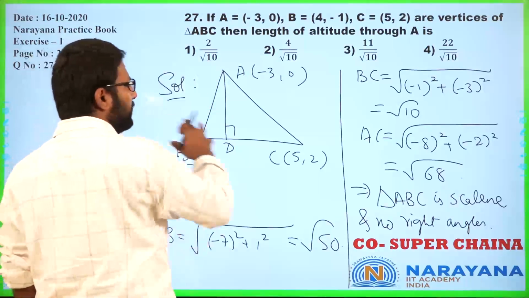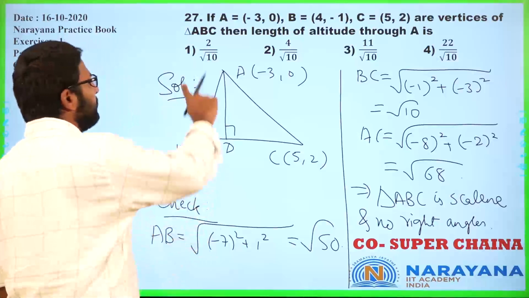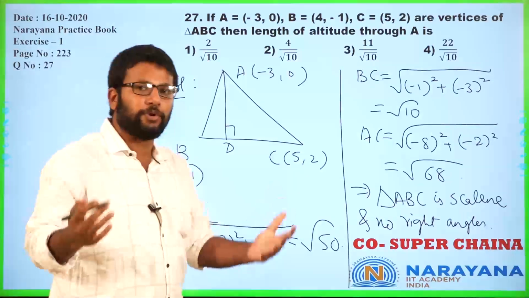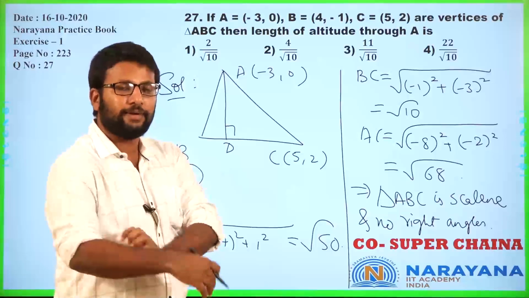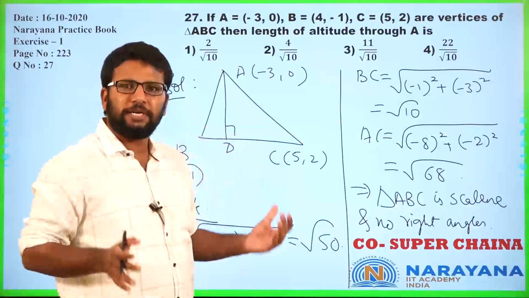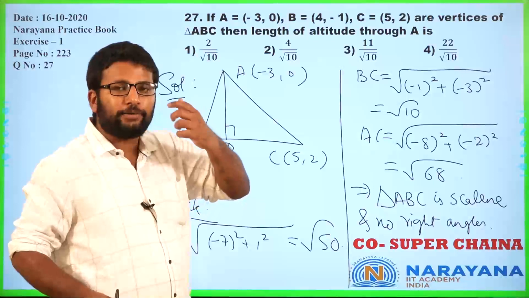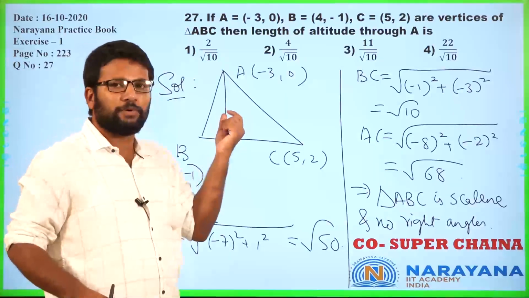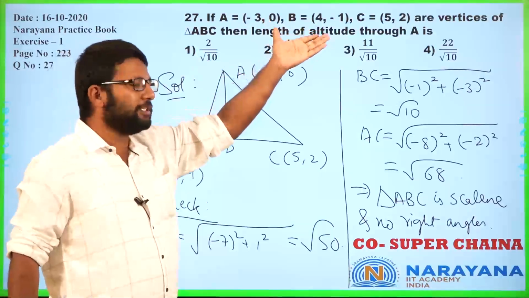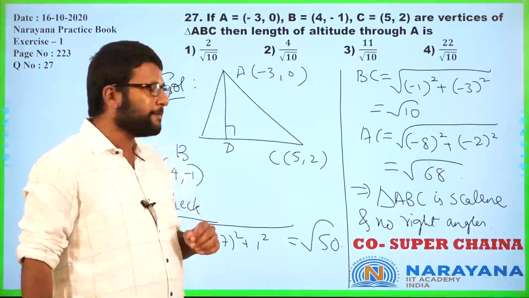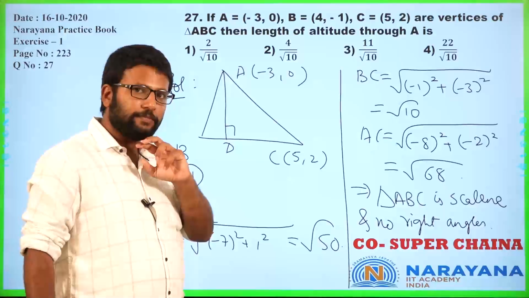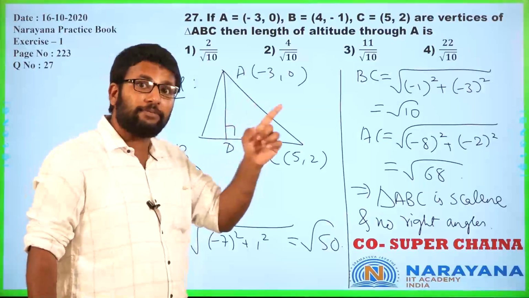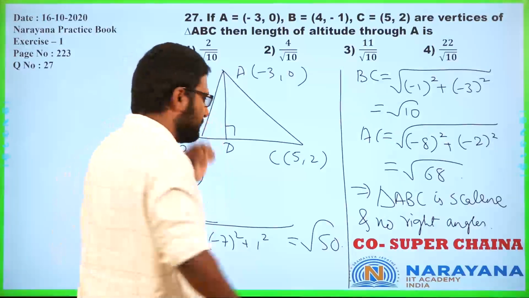So now we have a non-special triangle and we need to find the altitude. So the next question is, is there anything else we know about altitudes? Ask yourself, of all the things that you have studied till now, how many places does altitude appear? Altitudes, we have seen, appear whenever there is something about the orthocenter, but there is nothing special about these vertices, so we don't know where the orthocenter is. Where else? Do you recall that altitude also appears in the area formula, area of triangle, correct?